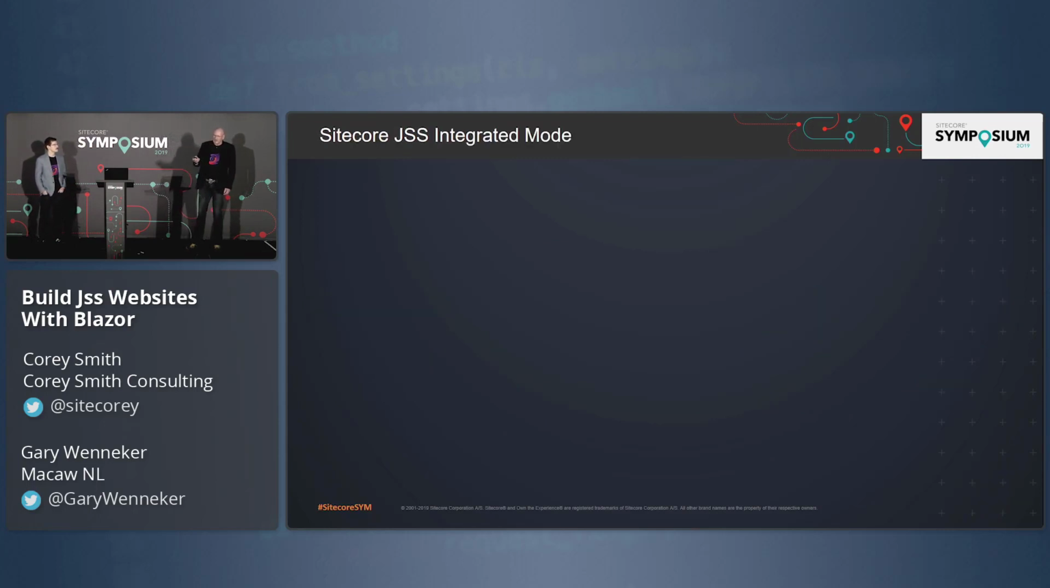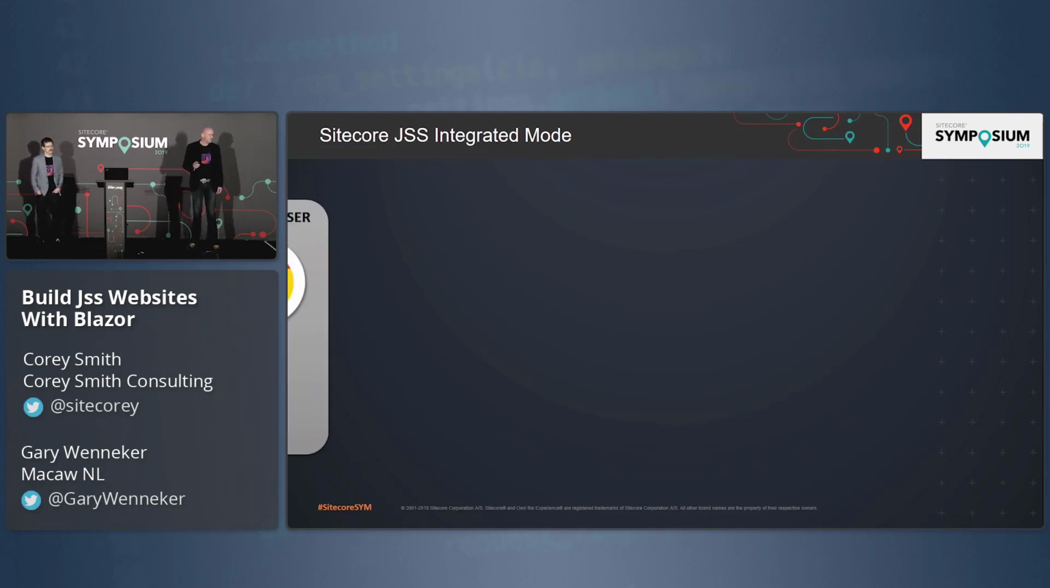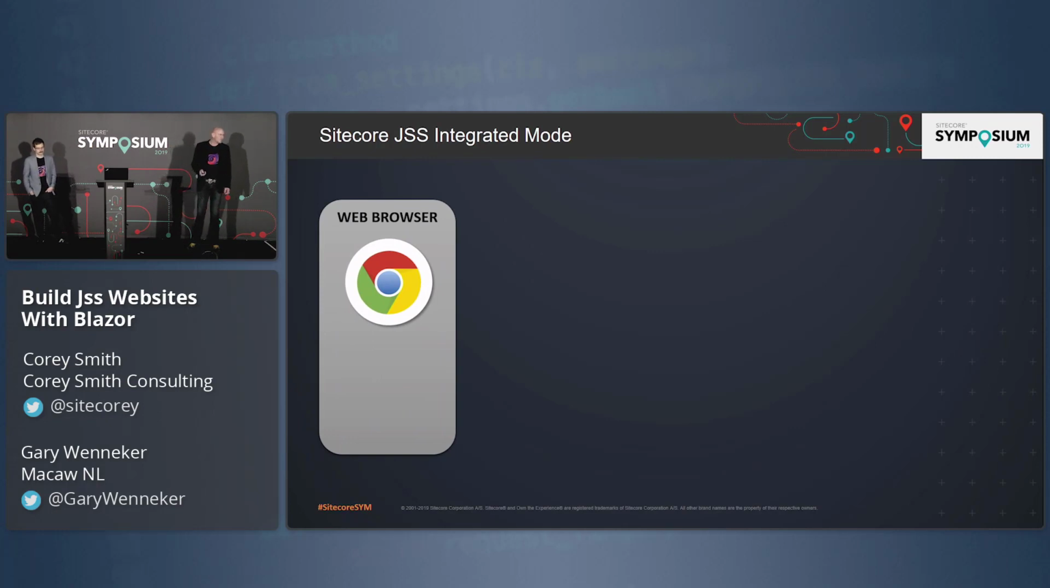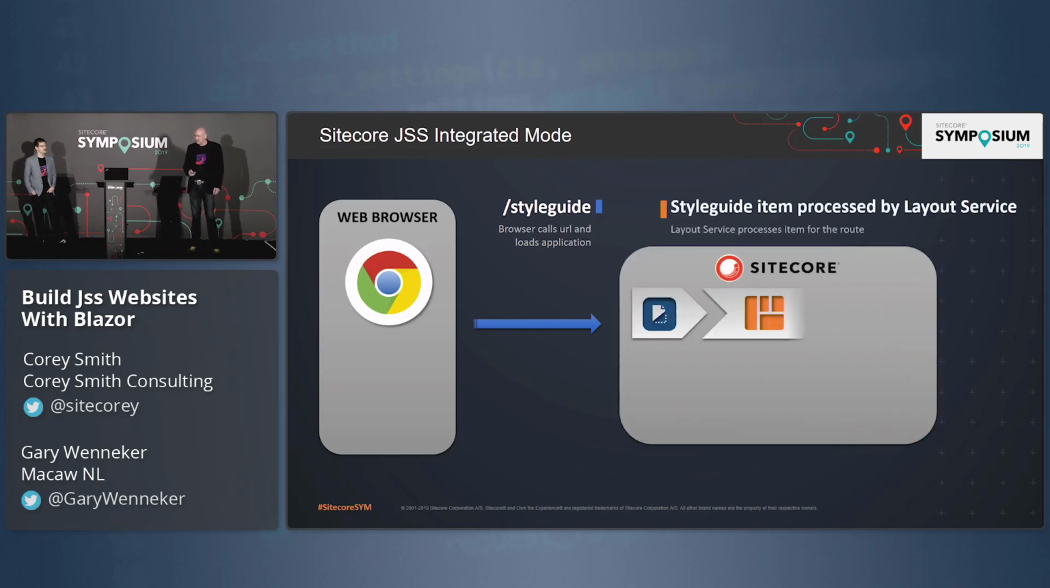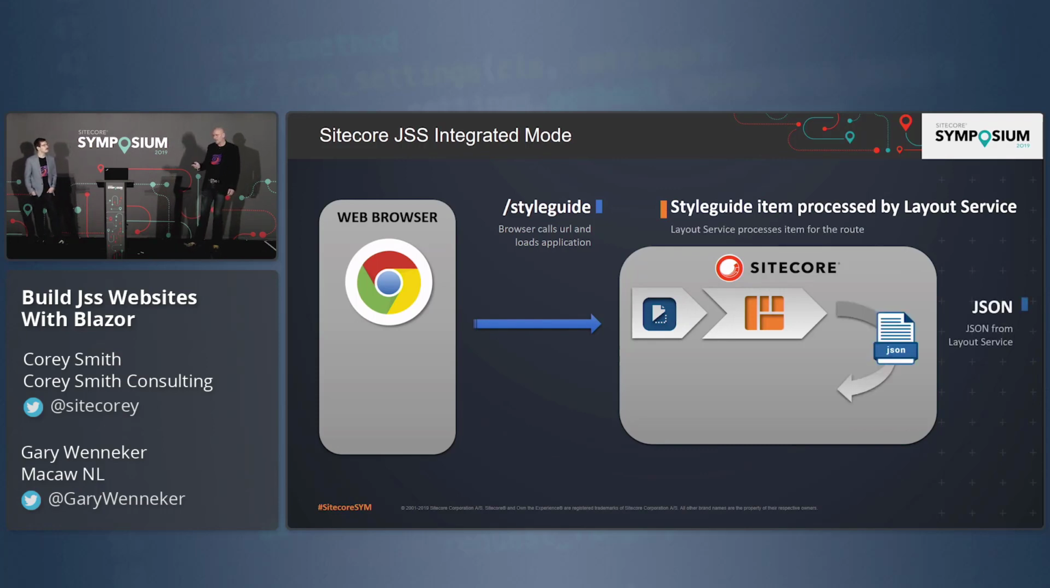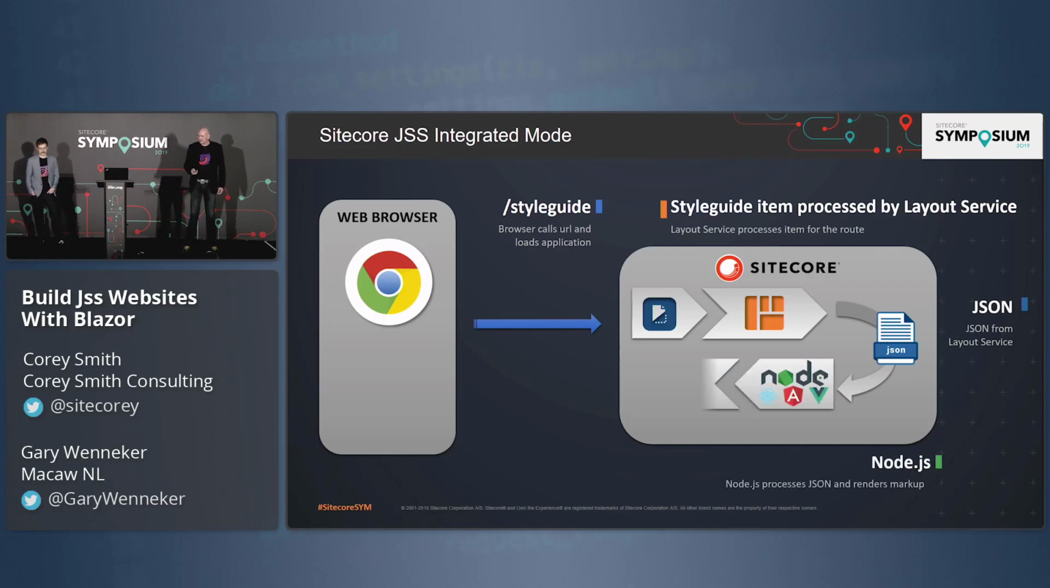So let's first take a step back and see how Sitecore JSS integrated mode works. Again, we have a web browser, and we call the style guide. This request is processed by Sitecore, and it will retrieve the Sitecore item for that path and hand it over to the layout service. The layout service will produce a JSON, and this JSON then is passed on to a Node.js